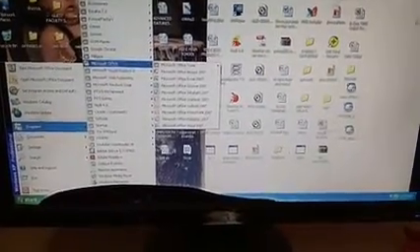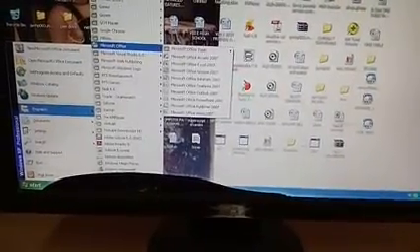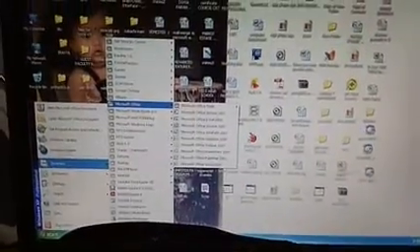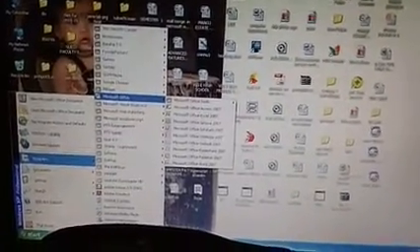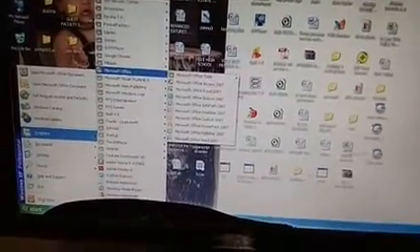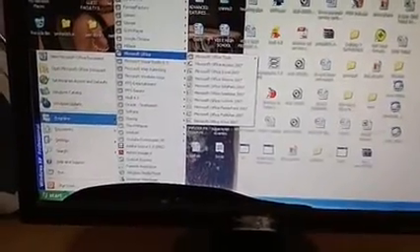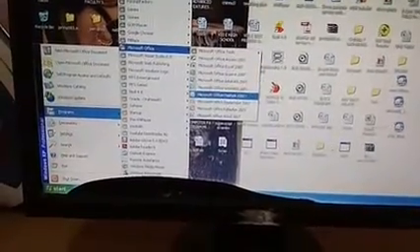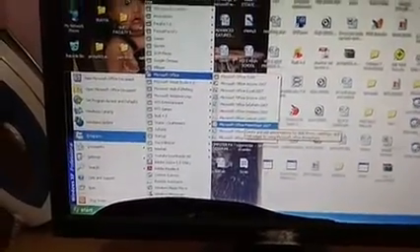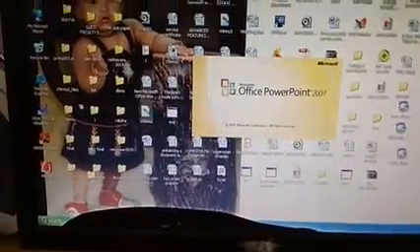Hello friends, today we are going to start your new chapter, that is MS PowerPoint 2003. Currently you are seeing a desktop screen in your video. To start with PowerPoint, go for Start, Programs, and in Programs go for MS Office. In MS Office go for MS PowerPoint 2007. Actually here it is 2007, but for your syllabus you are having a version of 2003, right?